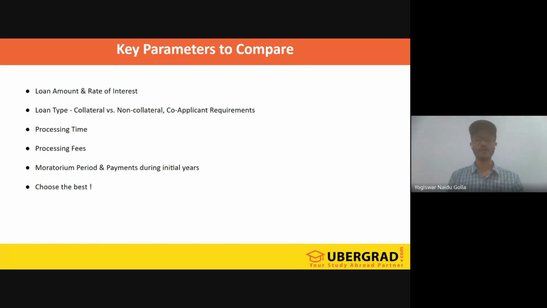Okay. So based on the factors, we have six key factors to choose the loan. While taking any education loan, one is the loan amount and the rate of interest. For example, we don't know how much loan amount you require until you get an I-20. When you get an I-20, you should include your living expenses. Based upon that, you will have to calculate the loan amount that you require. The university will mention in the I-20 how much loan amount is for tuition fee and for your living expenses. You have to consider that and take the loan amount.